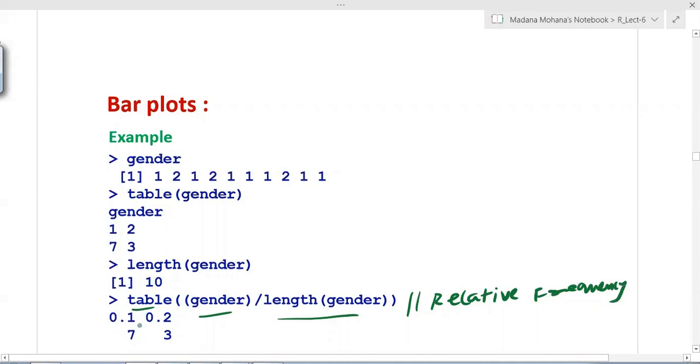Then for these values 0.7, 0.3, so with 7, 3, it gives the bar plot. Okay, now length default directly takes, even separately also you can find out, not a problem. Or length you can store in one variable, then absolute frequency you can store in one variable. Then like that also you can do.